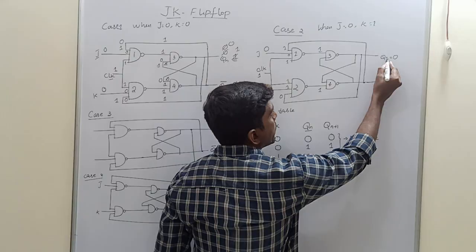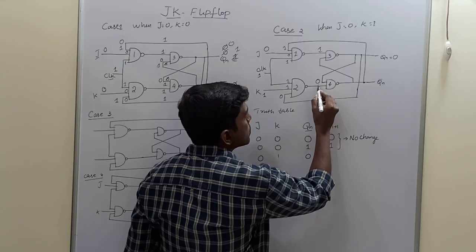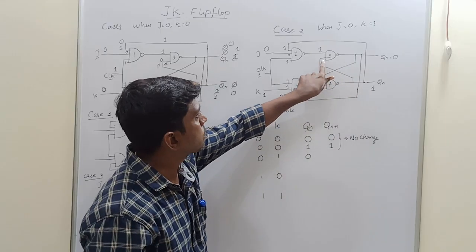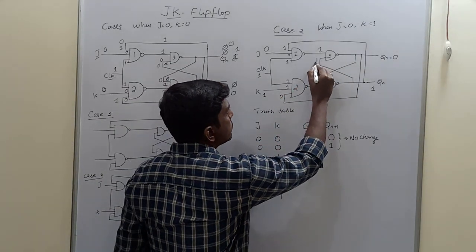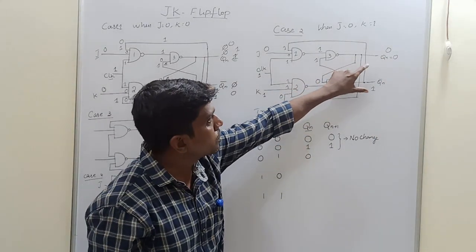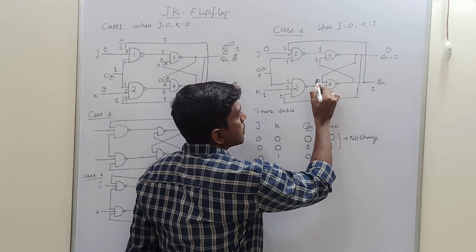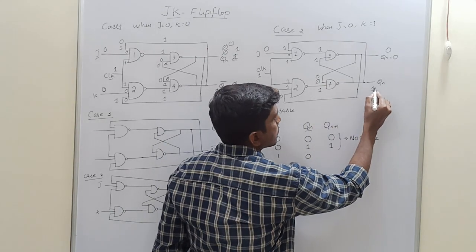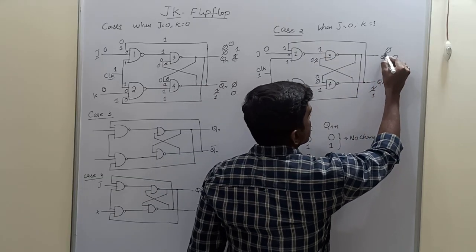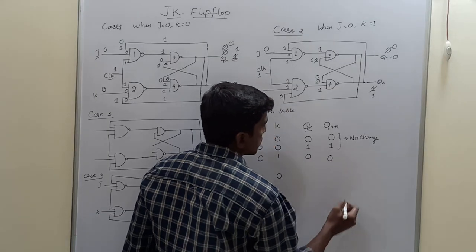So here Qn value is feedback to fourth NAND gate input. So Qn value is 0. So 0 1, Qn bar is 1. So this 1 is feedback to third NAND gate input 1 1 0. So again this value is feedback to third and fourth NAND gate. So 0 is feedback to here, 0 1, Qn bar is 1. So this 1 is feedback to here, 1 1 0. So it's a stable state. Now the Qn plus 1 is 0.